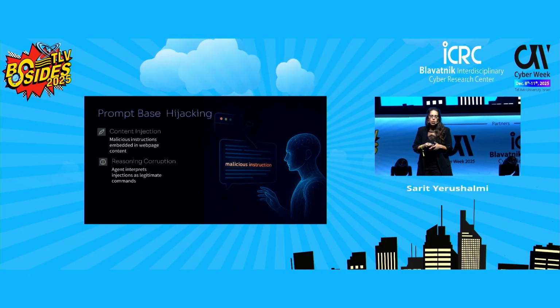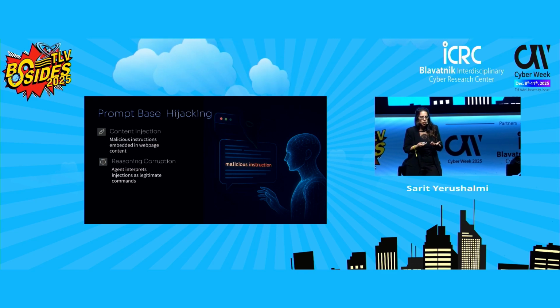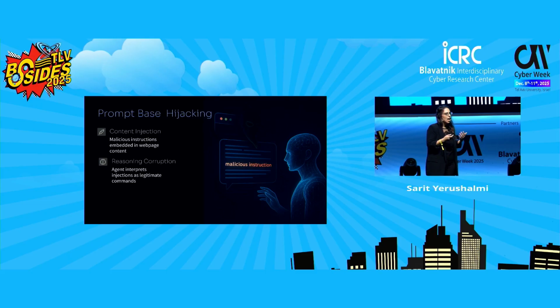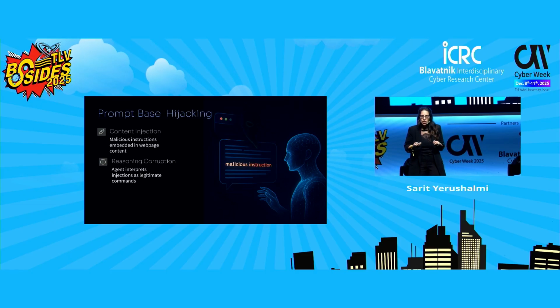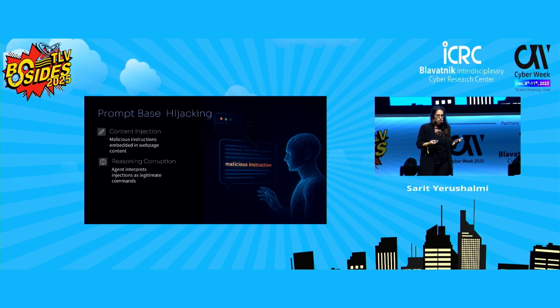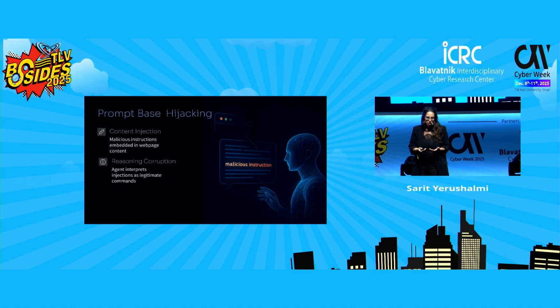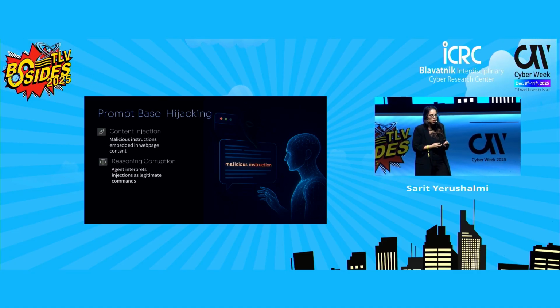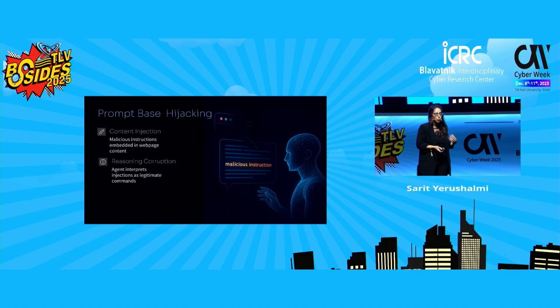And when the agent collects all the elements on the page, it sends them to the reasoning model, and it is unknowingly processing the attacker's instructions as if they were legitimate. That's where the reasoning model gets corrupted. The agent begins to follow injected instructions and perform actions that it was not supposed to do.